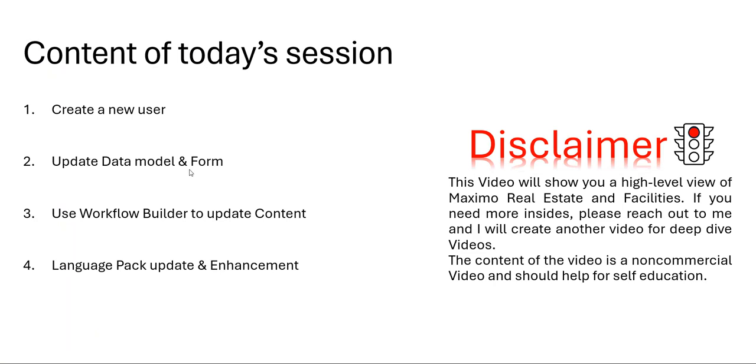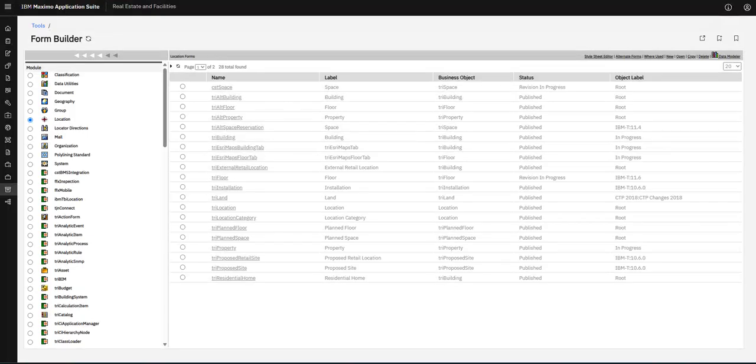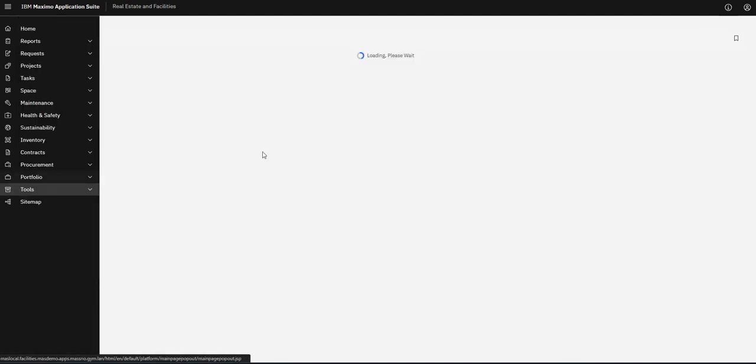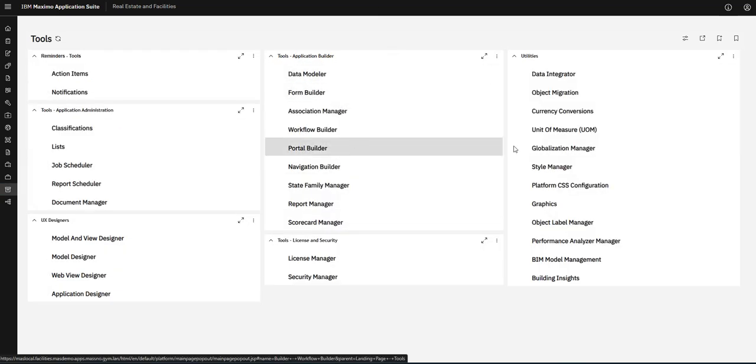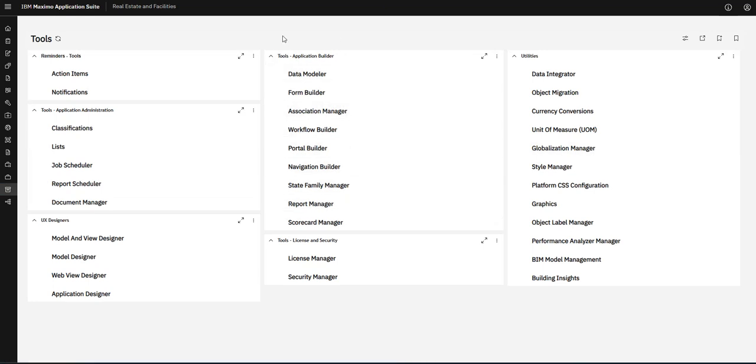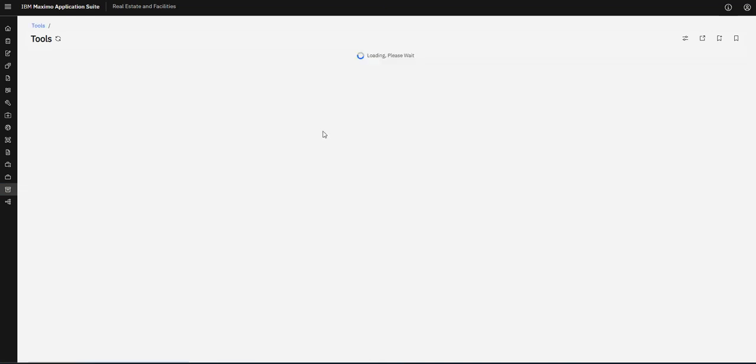And now it comes to the third part, which is to use the workflow builder to update the content. What that means in general: normally if you want, for example, a bulk update or something like this, you need, let's say, a logic in the background for how to do it. And for this we have here again in the application builder, in the tool set, the workflow builder. If we jump into the workflow builder,